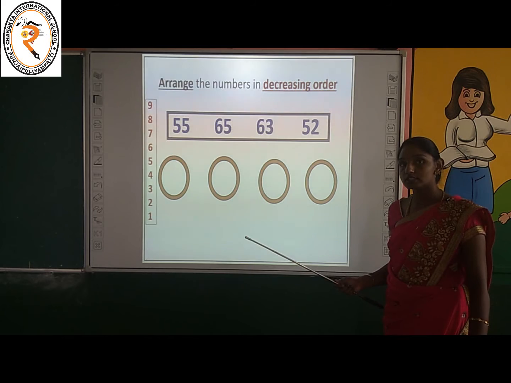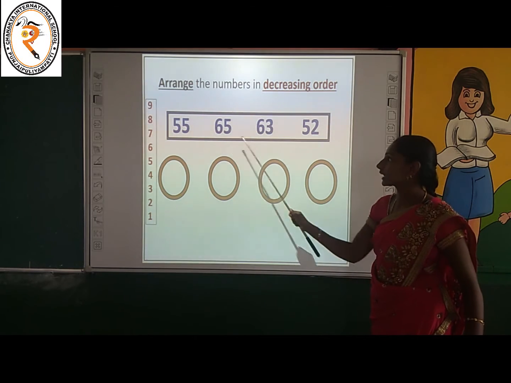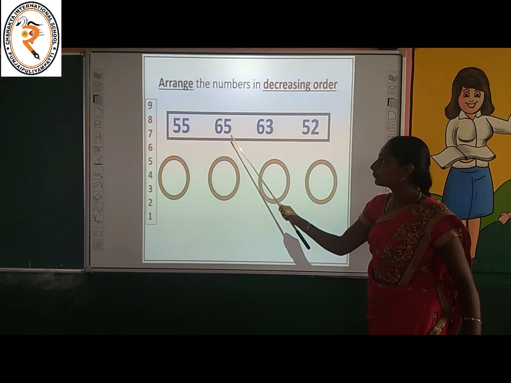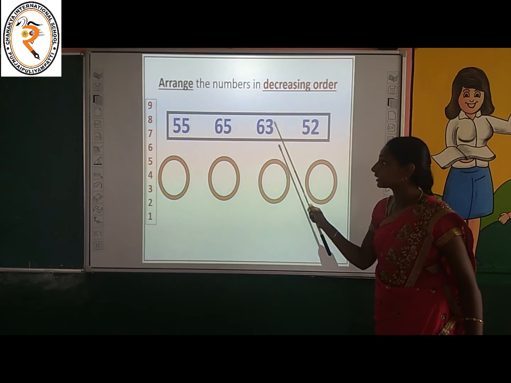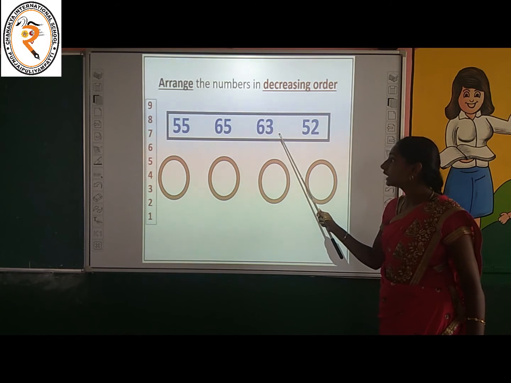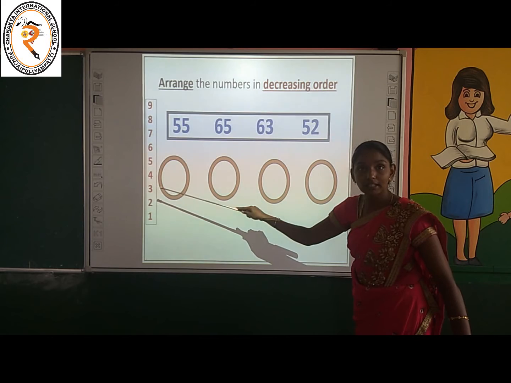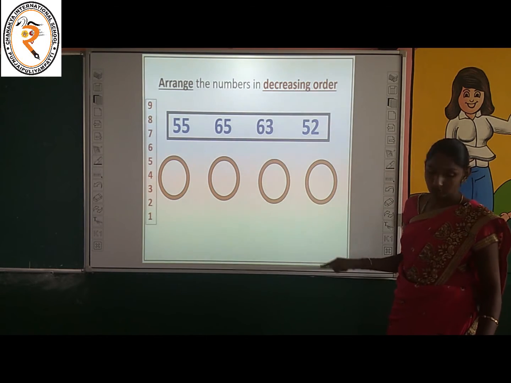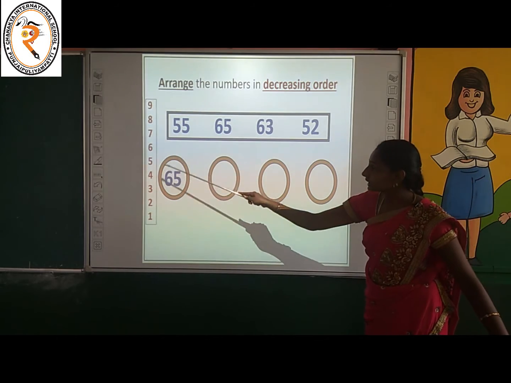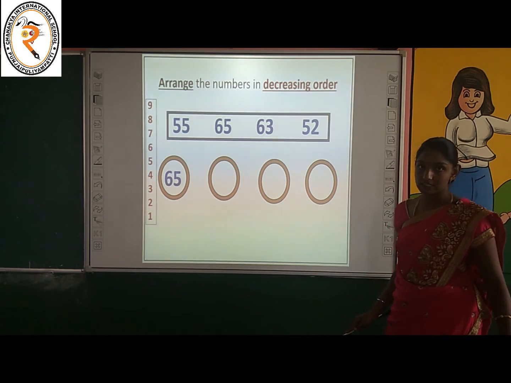Yes, we have already learned to compare numbers. In this case we have to look and compare the digits in the ones place, 65 and 63. In this we have 5 ones, in this we have 3 ones. Now compare 5 and 3. Which is biggest? Yes, 5 is the biggest. Very good. We conclude 65 is the biggest of all the 4 numbers. Write it in the first circle.